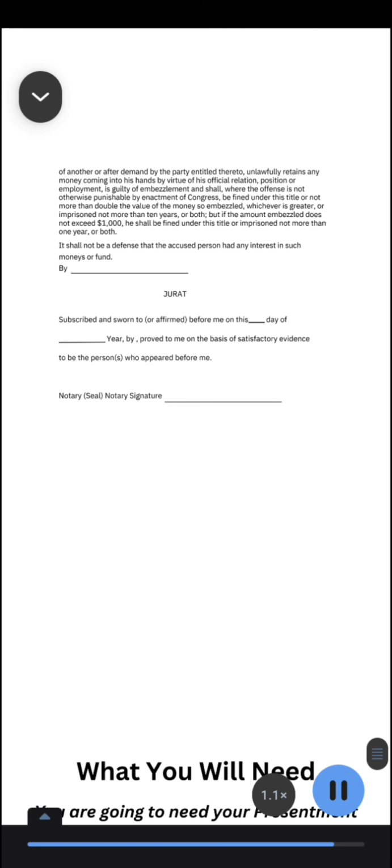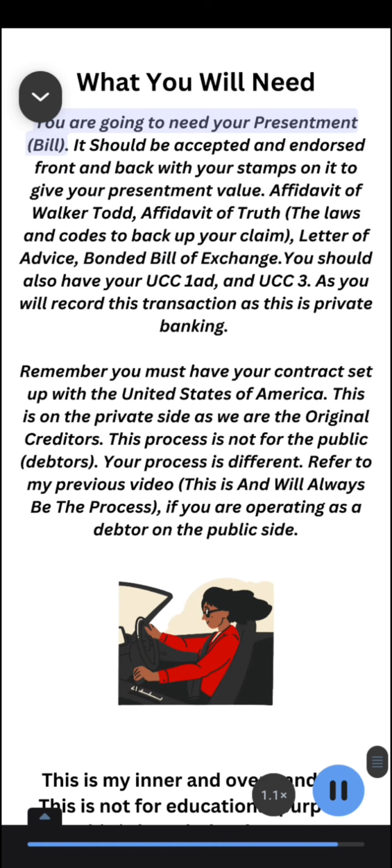But if the amount embezzled does not exceed $1,000, he shall be fined under this title or imprisoned not more than 1 year, or both. It shall not be a defense that the accused person had any interest in such moneys or fund. By jurat, subscribed and sworn to or affirmed before me on this day of year, by, proved to me on the basis of satisfactory evidence, to be the persons who appeared before me,